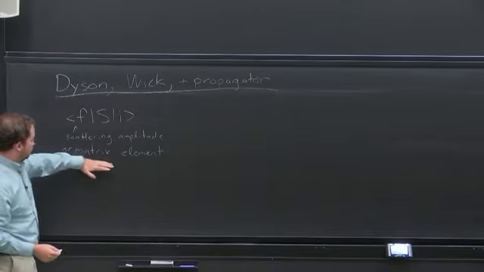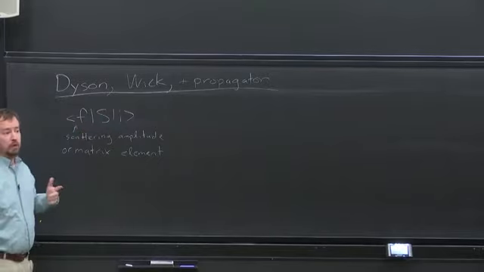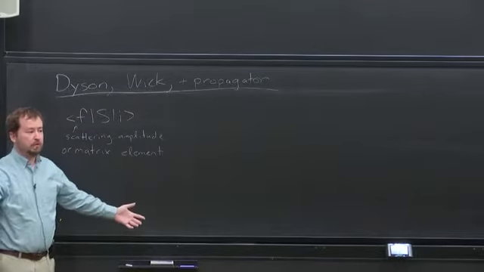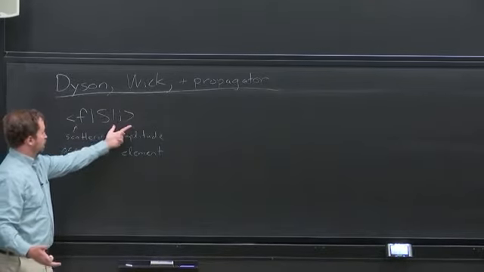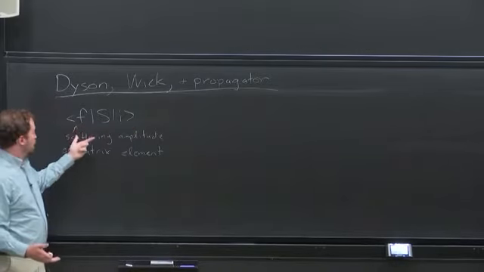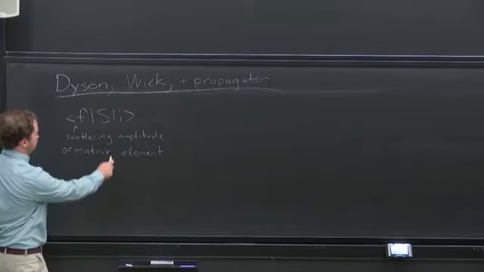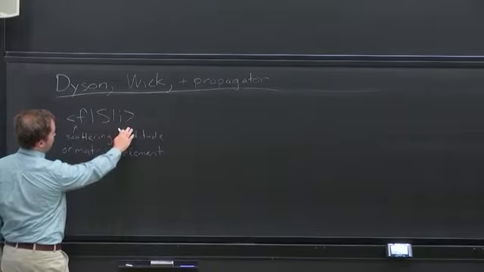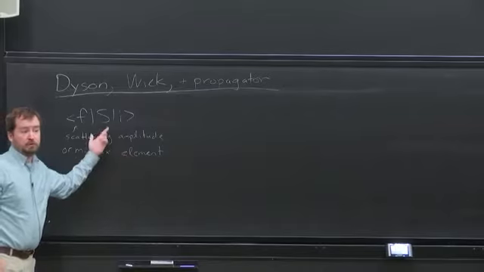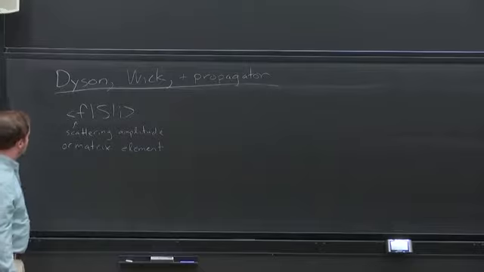The reason it's called a matrix element is you can think about S, which is the time evolution operator from minus infinity to plus infinity, as some giant matrix. And it has matrix elements which tell us about the scattering amplitude from some initial state to some final state. And if we can compute all those matrix elements, we've essentially solved the theory. We know how to evolve any initial state to any final state. So computing those matrix elements is another way to think about our goal for this course, of this matrix element